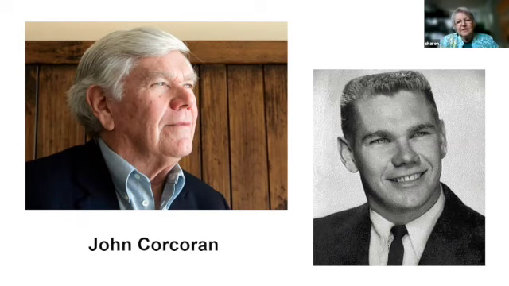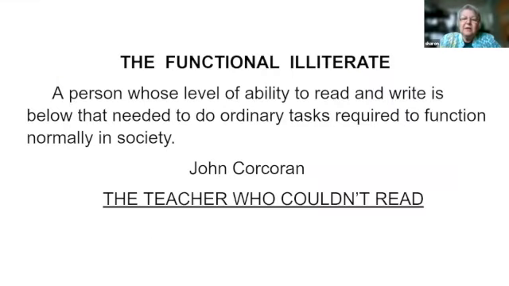So he took care of some of his problems there, and then he continued. He got more expert teachers. He said it took him 7 years to bring his literacy level up to where he wanted it to be, where he could read any book he wanted to. So John Corcoran wrote a book. It's called The Teacher Who Couldn't Read. And this book is available on Amazon. You can check him out, Google him, and read his story. And if he was the only one, he would be quite an anomaly, but he's not the only one.